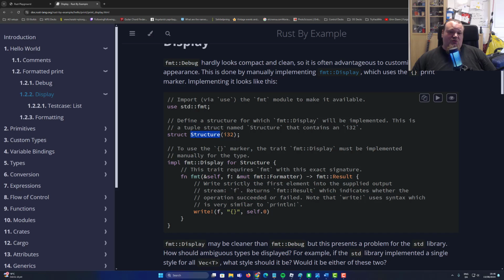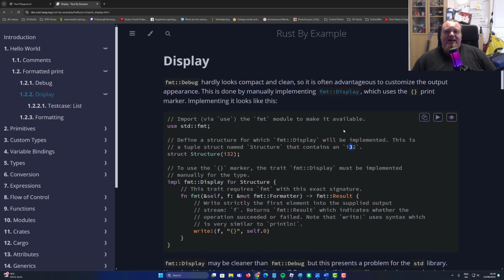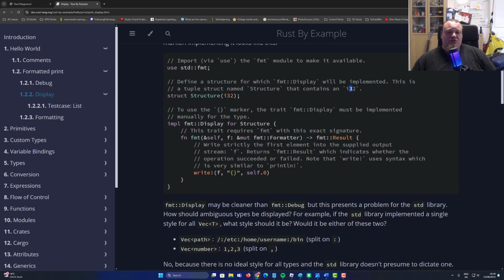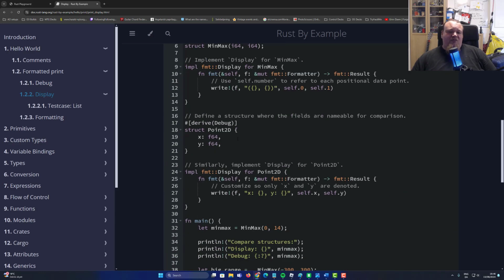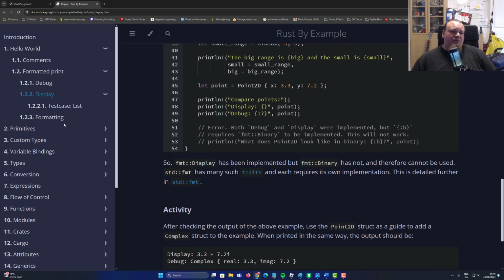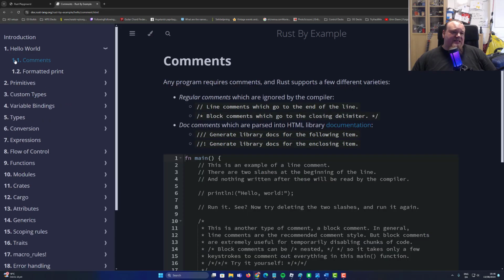I'm not really sure what I32 means. Is it a tuple structure, a named structure that contains an I32? And then we are back to this: what is I32? It doesn't really say, so I feel we need some things. So going away from this and going